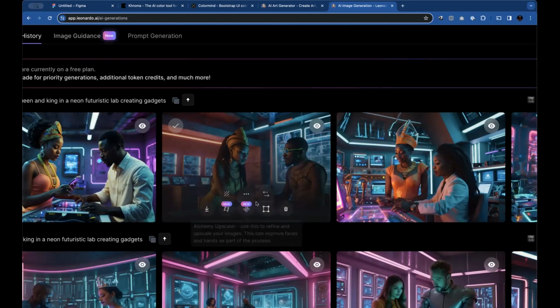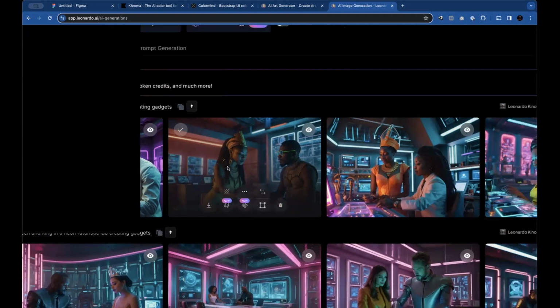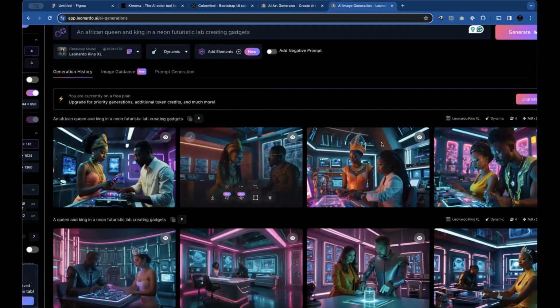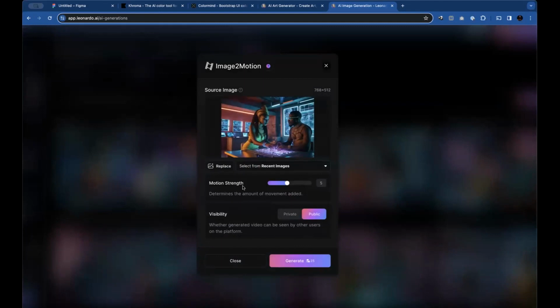I'm not going to go into all these things because this app has a lot of features in it. So I will just click on generate motion video. That's what I'm doing now, everyone. If you are not there, go back to your generated images, mouse over any one you want, and click on generate motion video.